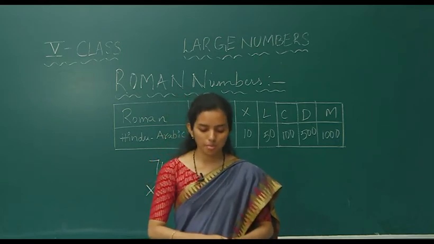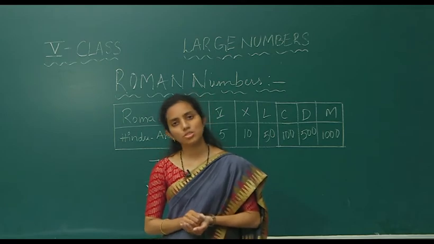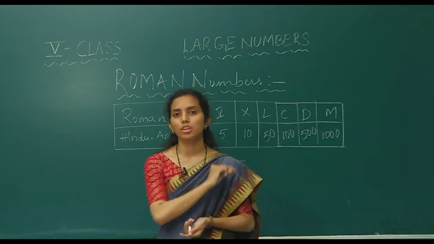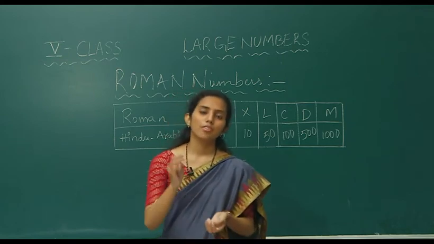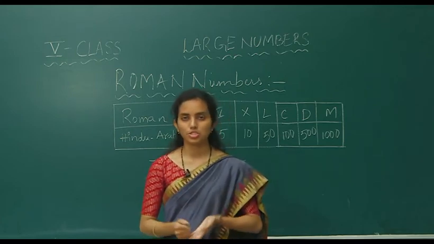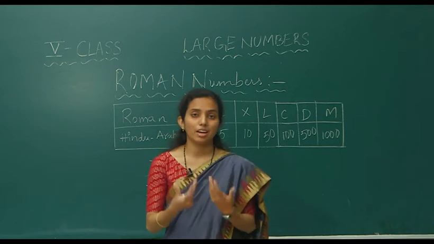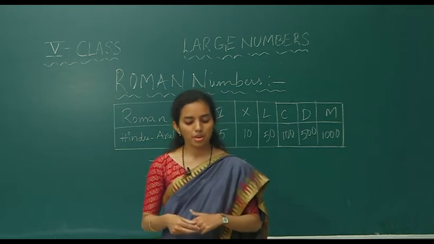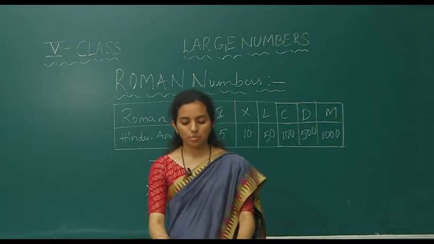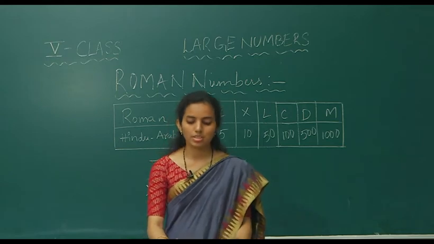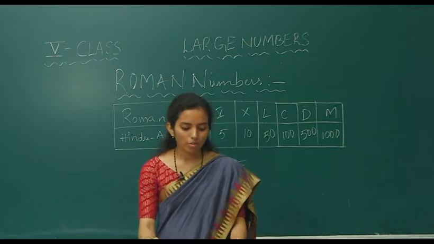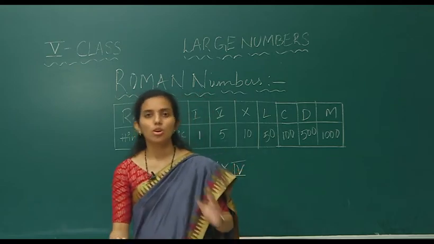And international number system, put the commas by using the international number system. You know how to put the commas. For every 3 digits you have to put one comma. That is a simple technique for putting the commas in the international number system. And rounding off the numbers, just now we have felt ourselves as news readers. In the same manner he also gave the same news here, and we have to round it up. And the Roman numerals, write the Roman numerals into Hindu-Arabic, and Hindu-Arabic into Roman numerals.